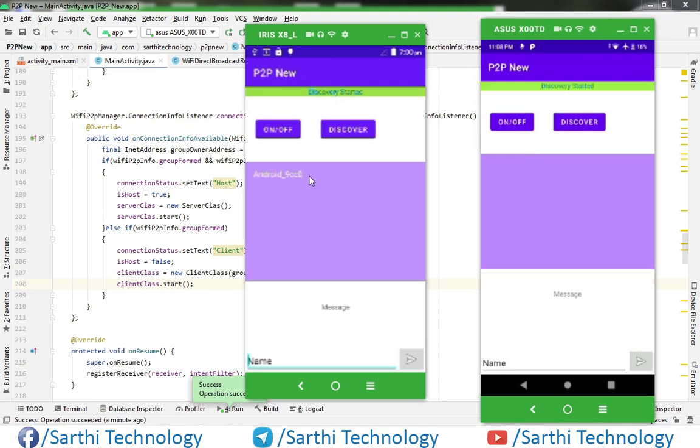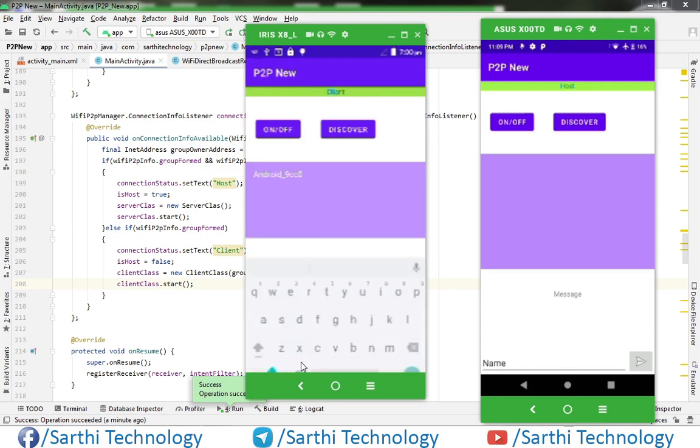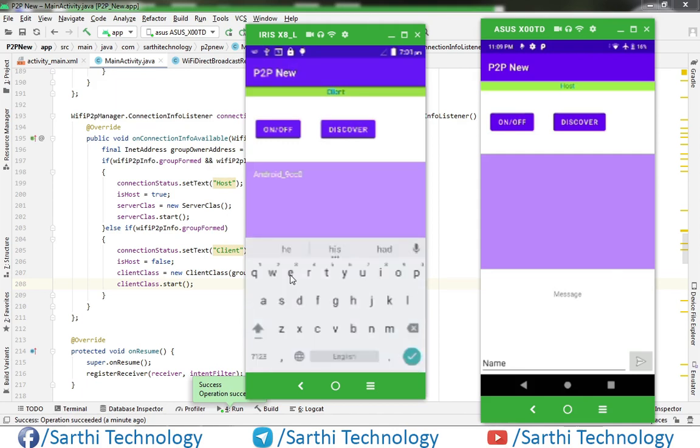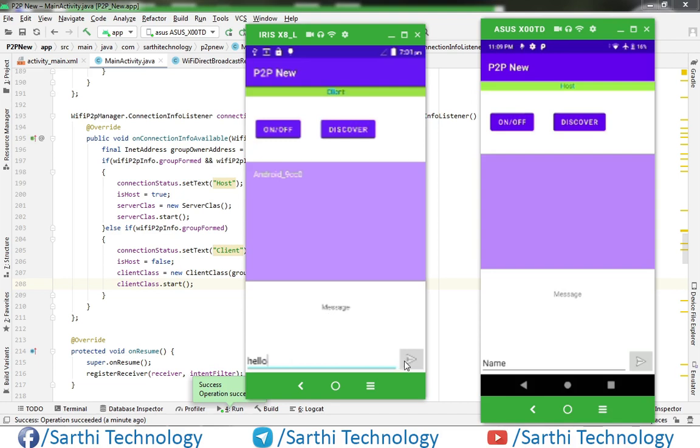Now this device is connected, this is host and this is the client. Okay, so write any text here. Here you can see hello, and here